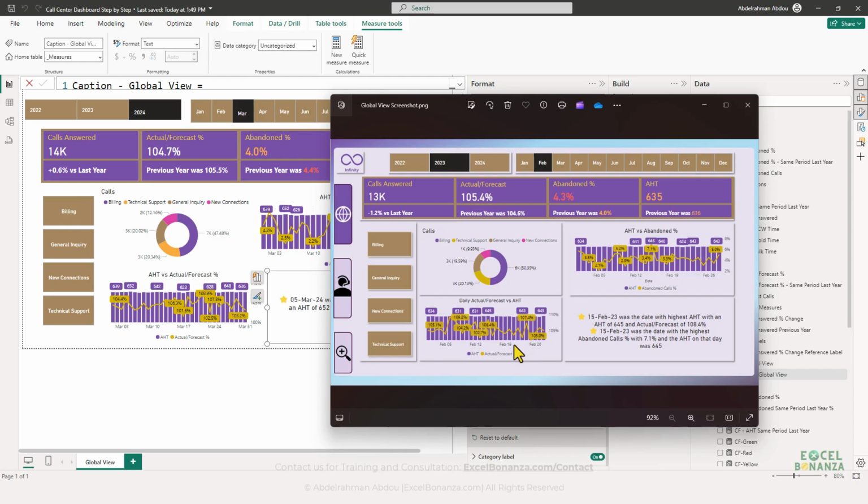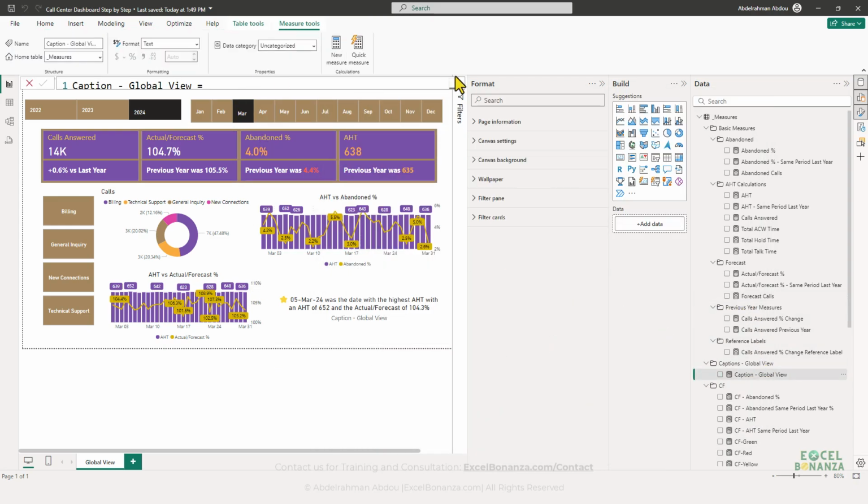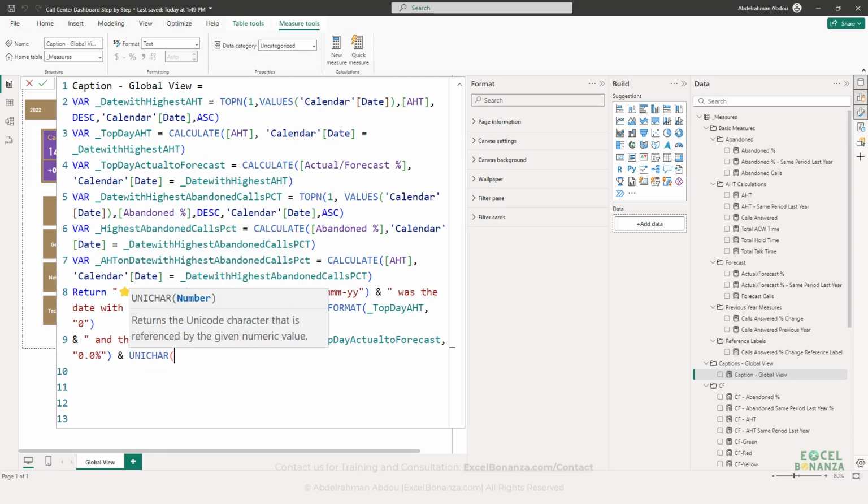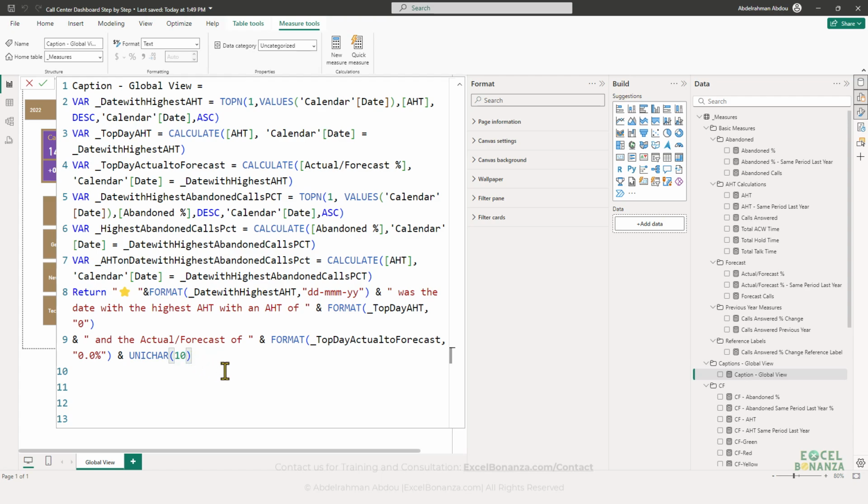Now, to make sure we have a line break here, we can use the UNICHAR function, which returns the Unicode character that is referenced by the given numeric value. Actually, we want a new line, and a new line is referenced by character number 10. So we're gonna concatenate that onto UNICHAR 10, and then concatenate that onto the next part. I pressed Shift and Enter to go to a new line, just to make my code neater. So we're gonna add a star as well here with a space. I'm gonna start my new line with a star, and then concatenate that onto